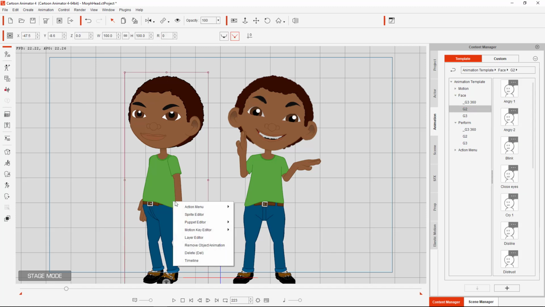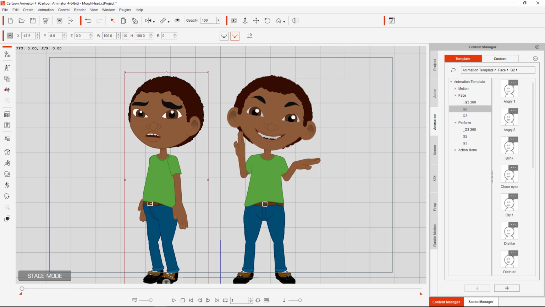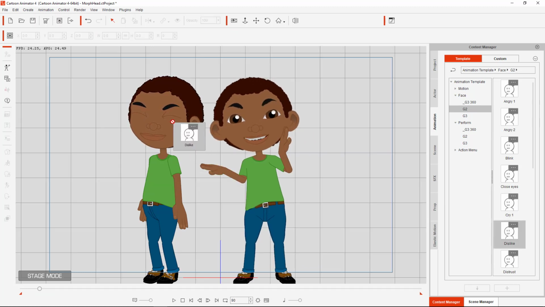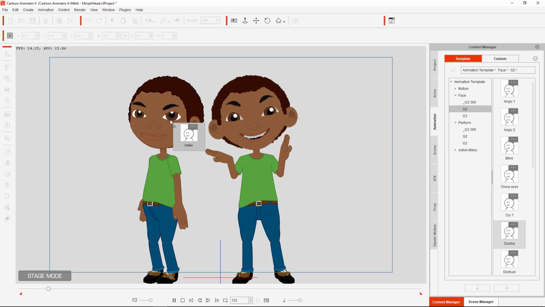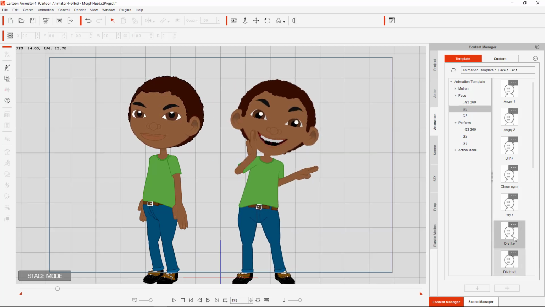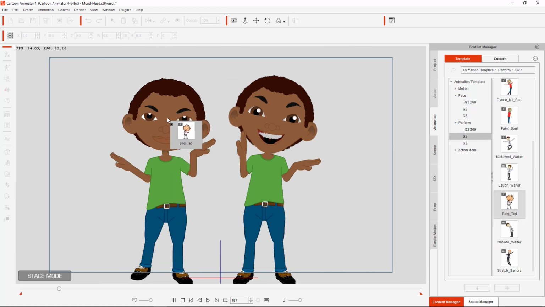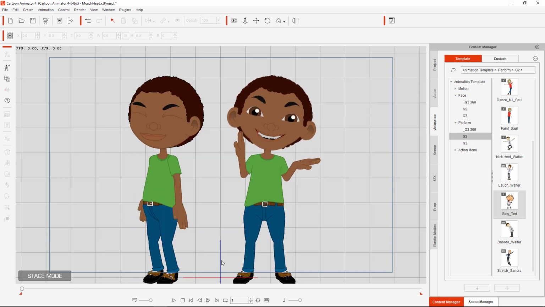Let's see here. Remove object animation. And here is, what is this? Facial cry. Okay, it looks like it's doing something. It just doesn't like that motion. Okay. So